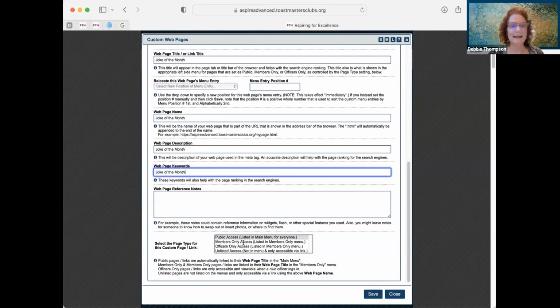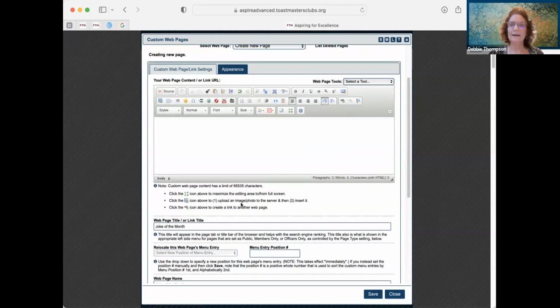And then again, we have the access. So whenever we add a page, we do need to decide where we want that page to go. Do we want it to show up in public, in private, or officers only? All right. So we have a joke of the month page,